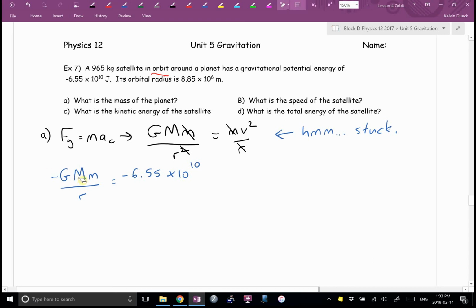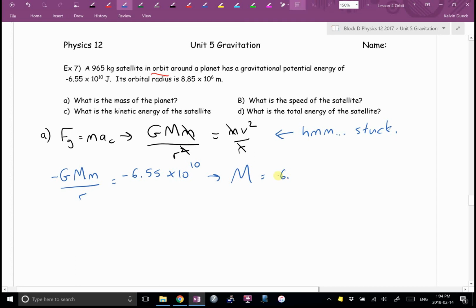I'm trying to find big M. Do I know big G? 6.67 times 10 to the negative 11. That never changes. Do I know little m, the mass of the satellite? Yeah. Do I know R? Oh, okay. I can find the mass of the planet now. How would I get the big M by itself? Times the R and then divide by the negative big G and little m? Does that seem right? So mass of the planet is going to be